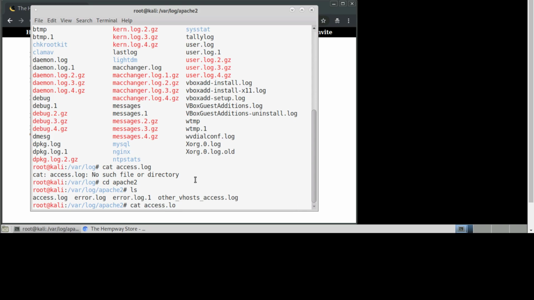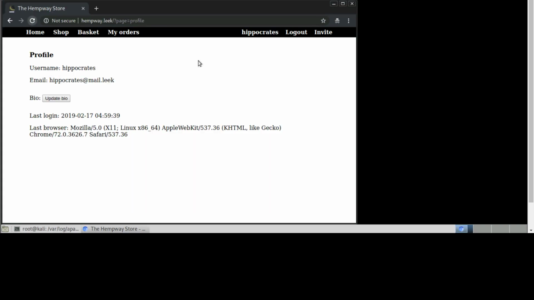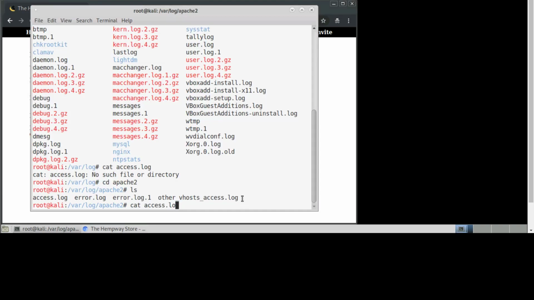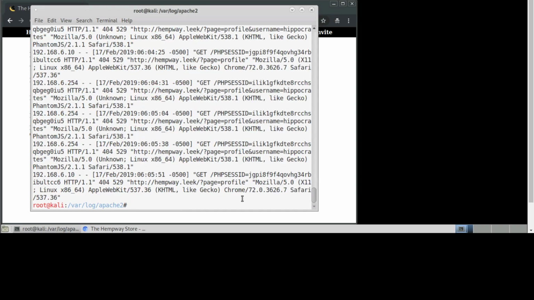Now if I refresh the page over here again, I must have received cookies on my server right now. So you can see many requests that have been made to the profile page. And if I take this cookie over here, the last one,